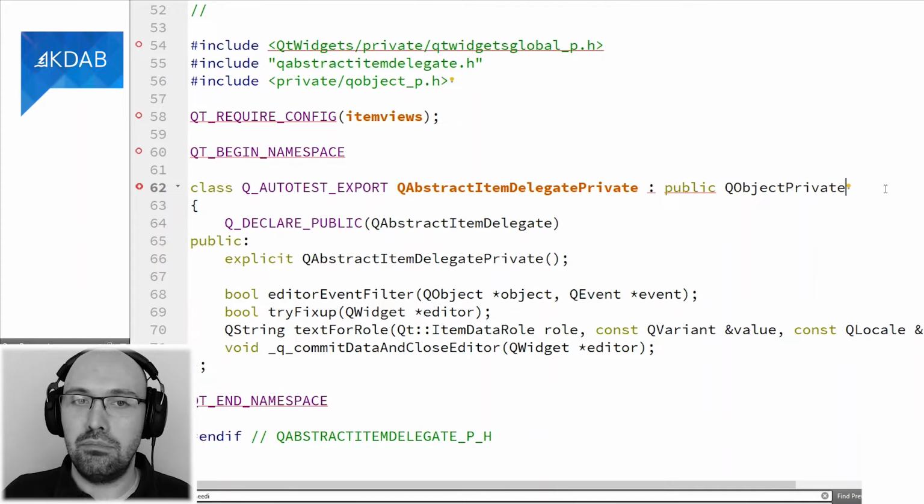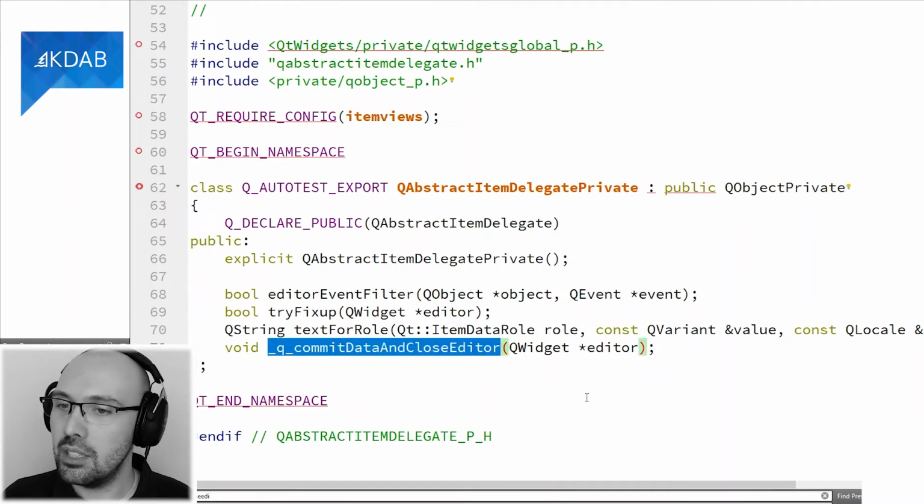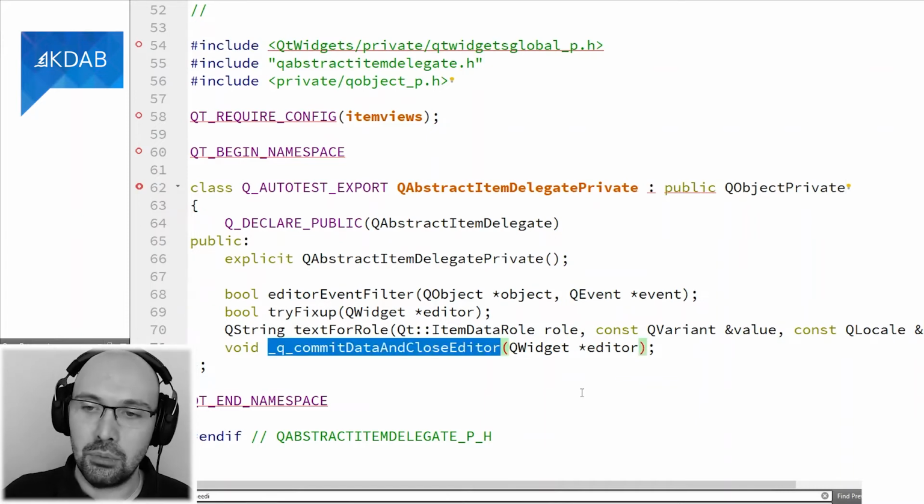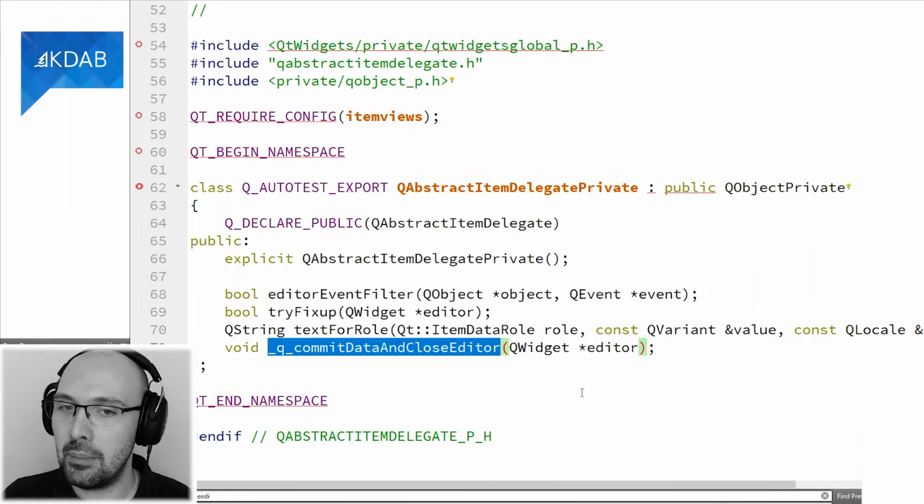Either you declare a custom utility QObject subclass with this one slot, and then you connect to that. So you create an object of this utility subclass, and then you connect to that. Sure, that works, but it has a limitation, which is that a QObject is kind of a heavy class. It's not for free.